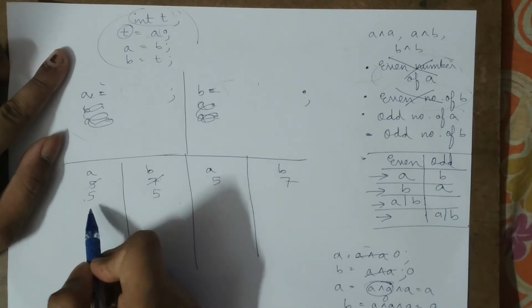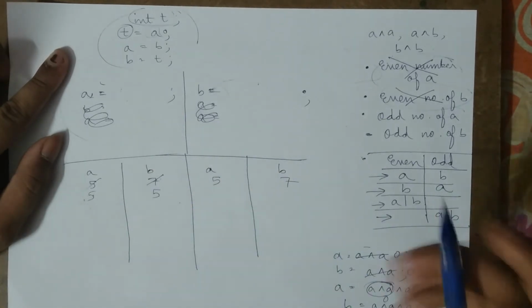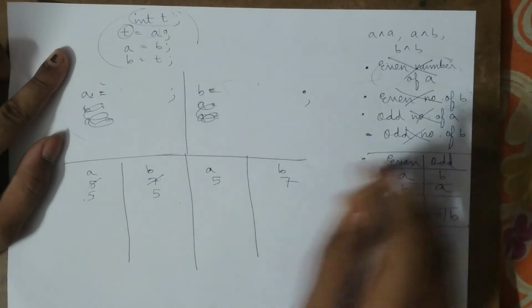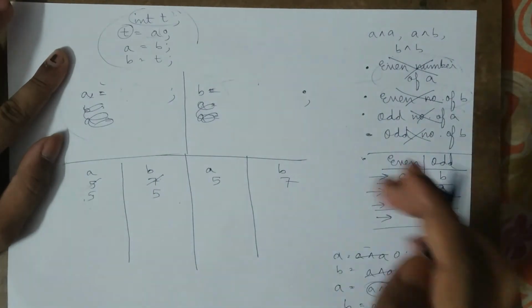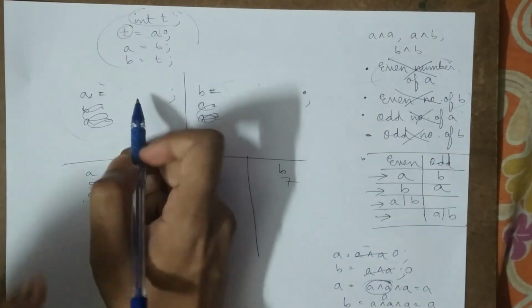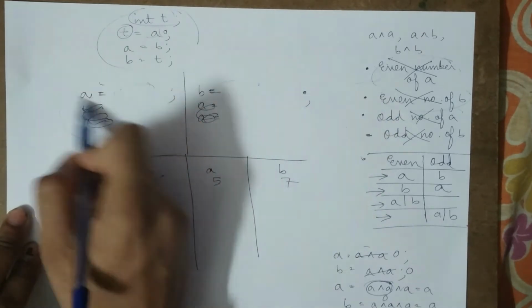So how will this 7 go over here? There is no way that 7 will go over here. So similarly the odd portions also cut. So independently on the right hand side of the equation, we are very much sure that we can't take just one number on the right hand side of the equation, or you can say the statement of the expression.